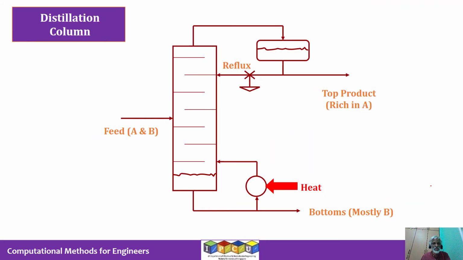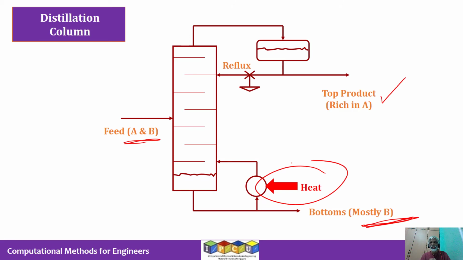Now, if you take a distillation column, you are probably familiar with the distillation column, which separates A and B species, let's say, based on the difference in their volatilities. So the lighter component goes up in the distillate stream. So if A is the lighter component, the top product will be rich in A. And the bottoms product will be rich in species B, which is called the heavy or less volatile component. And the heat for separation is provided by supplying heat in the reboiler of the system. So this is an operation. I don't want to get too much into it, but if you look at a distillation column, this is the basic idea.